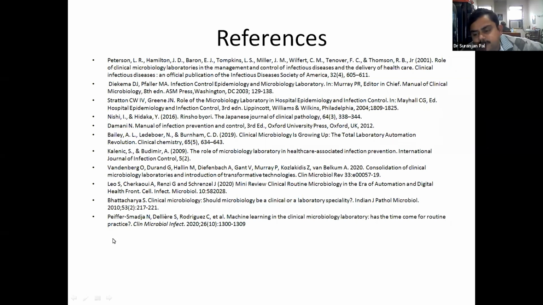Clinical microbiologists can mostly take a lead part and maintain constant communication between all these three domains: clinician, pharmacist, and the director at administration, and also include a strong infection control team, comprising the clinical microbiologist, infection control nurse, and others also.